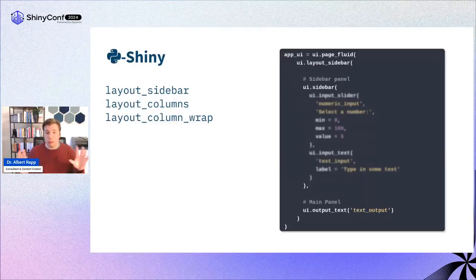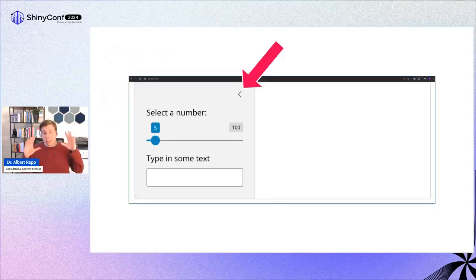Okay, so all of that is pretty easy to build, but right now we have only focused on the UI side of things. But even if you just open up the UI, you will immediately see some nice improvements with PyShiny because it already incorporates all of the things that R Shiny didn't have out of the box. For me, I was kind of surprised to see that the sidebar menu could move in and out via this toggle. And this is something I like to use in R, but I have to use the bslib package for that. And with PyShiny, these nice little improvements just come out of the box.